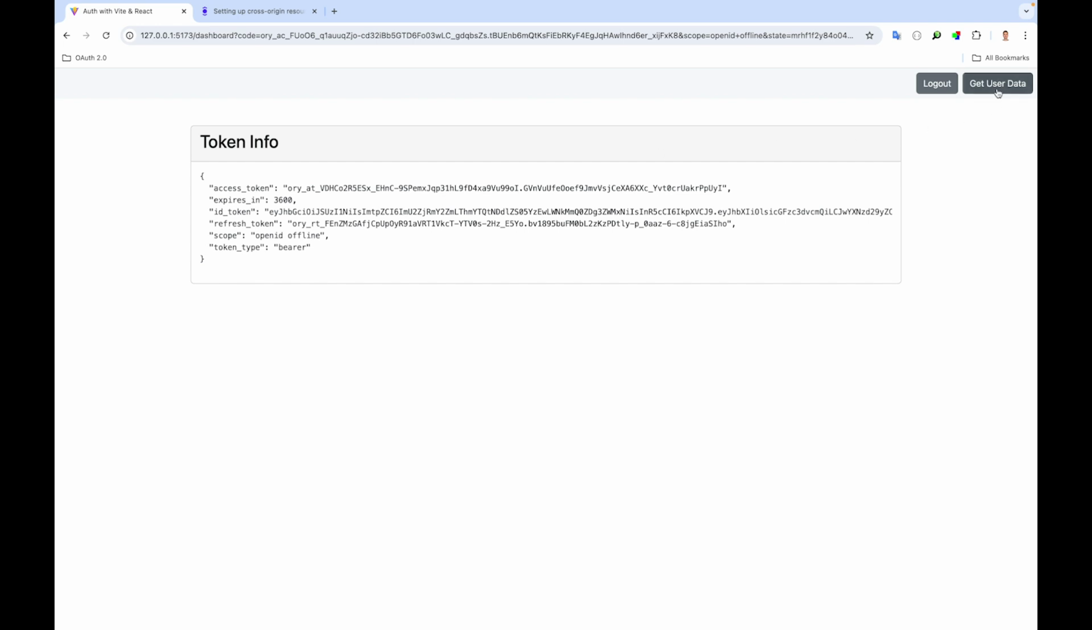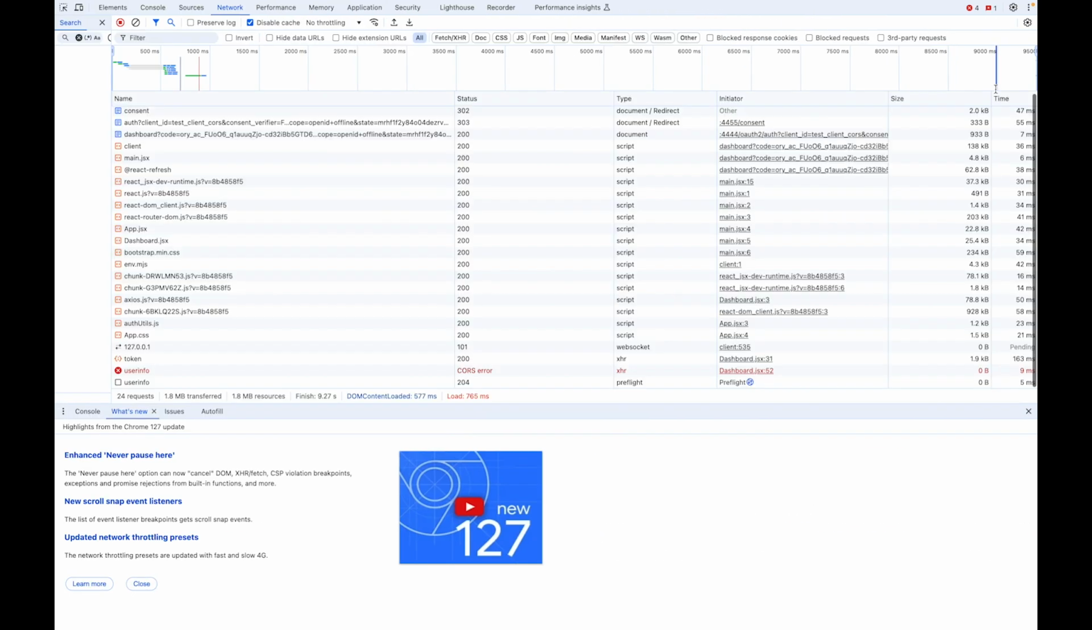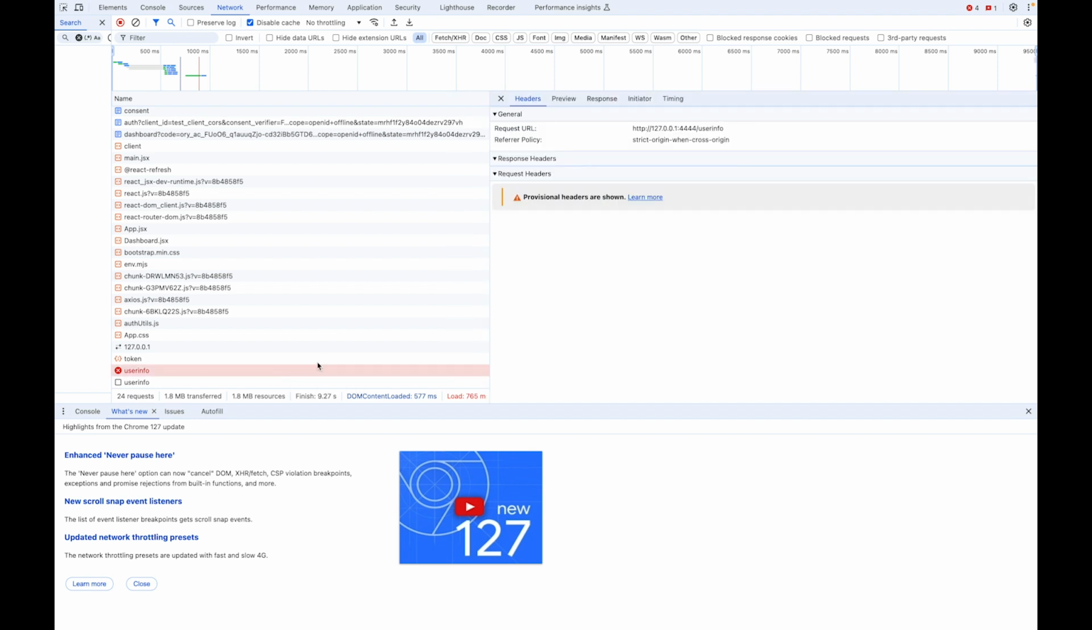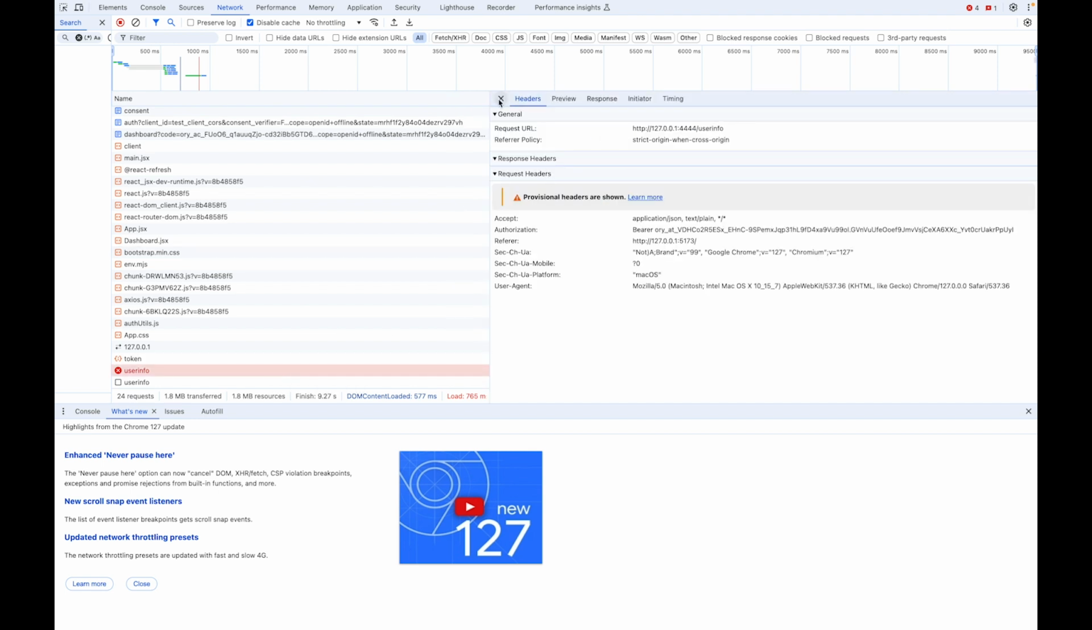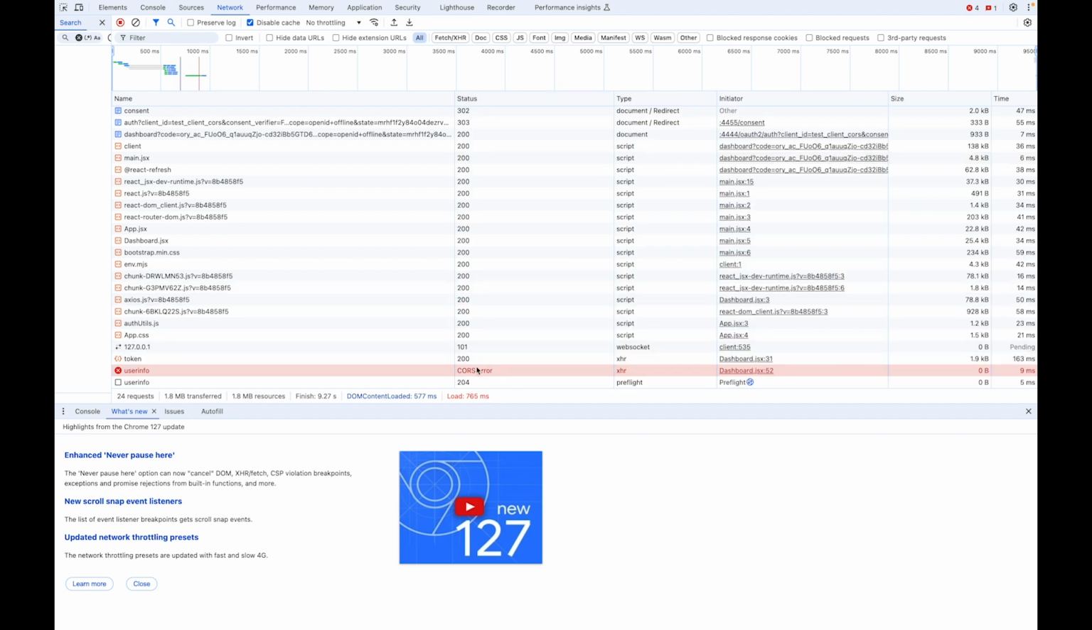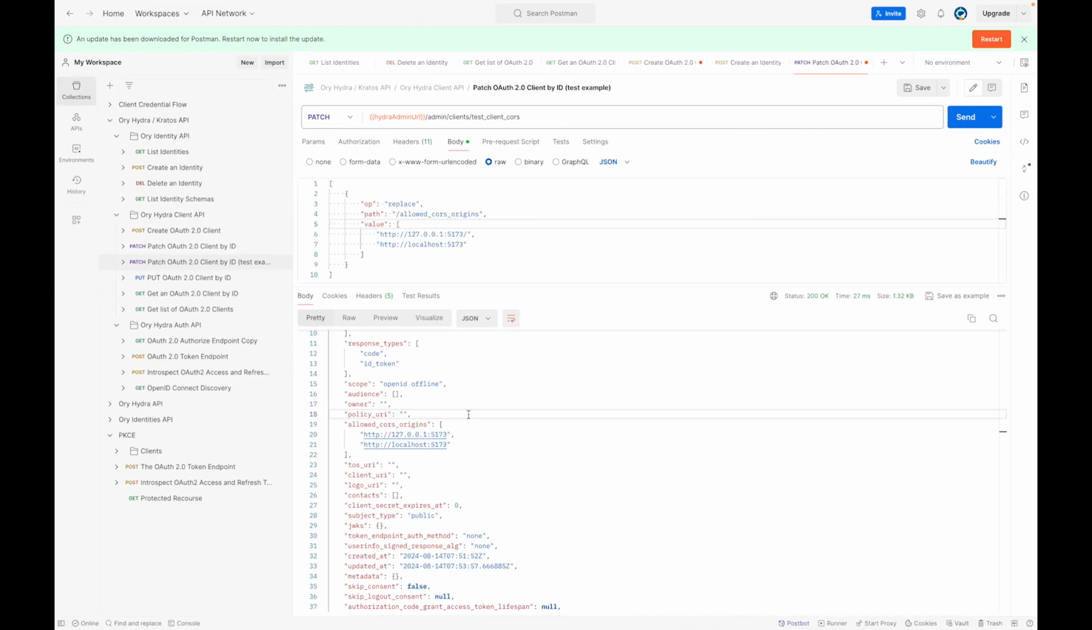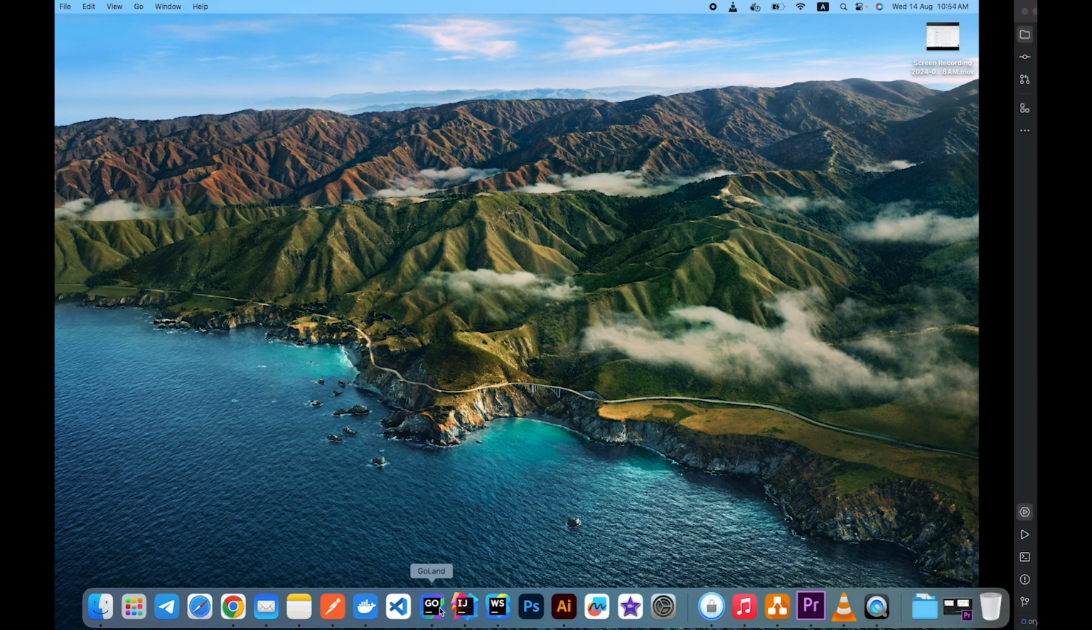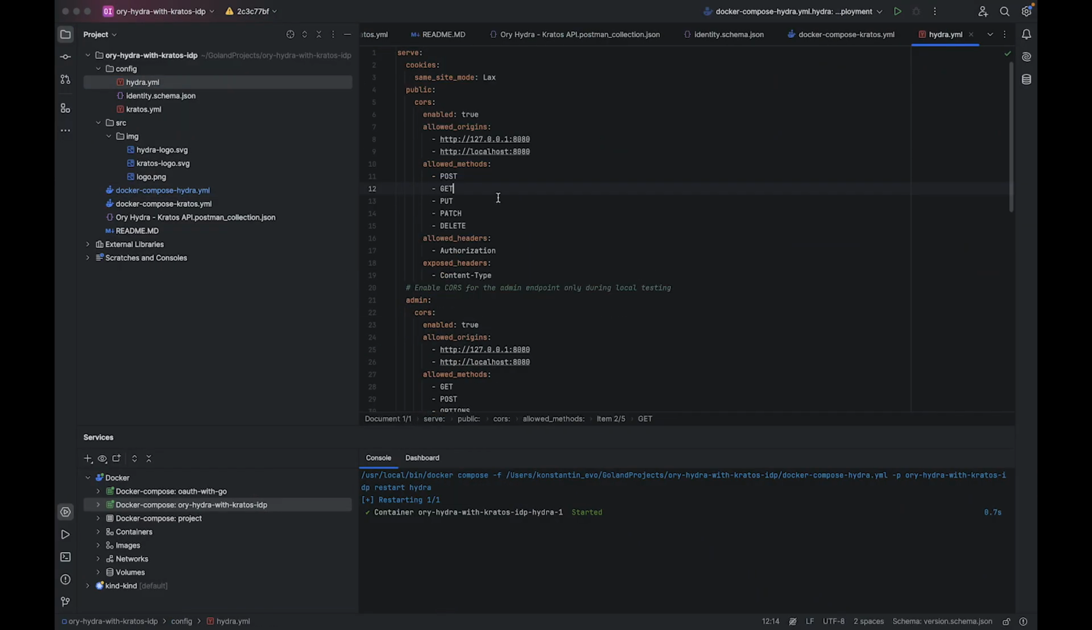Let's try to get user data. Fetch to get user data. And what we can see here? It's a CORS error as well. Go to the Hydra client setting and change the configuration file a little. Let's change or add our origins to the list